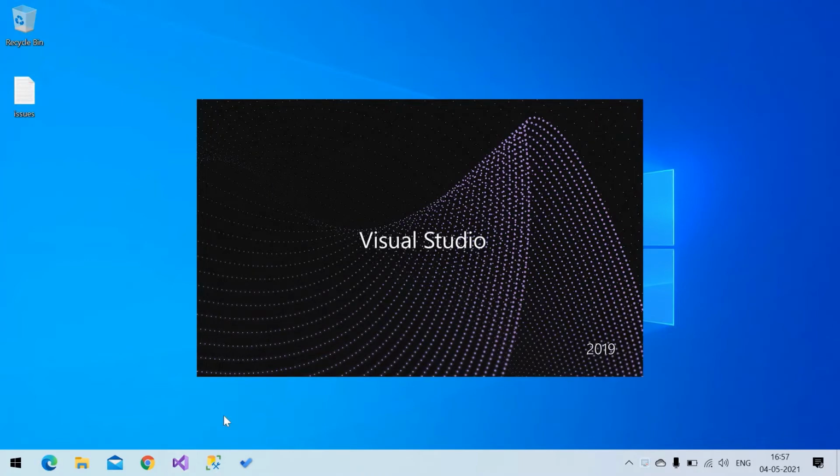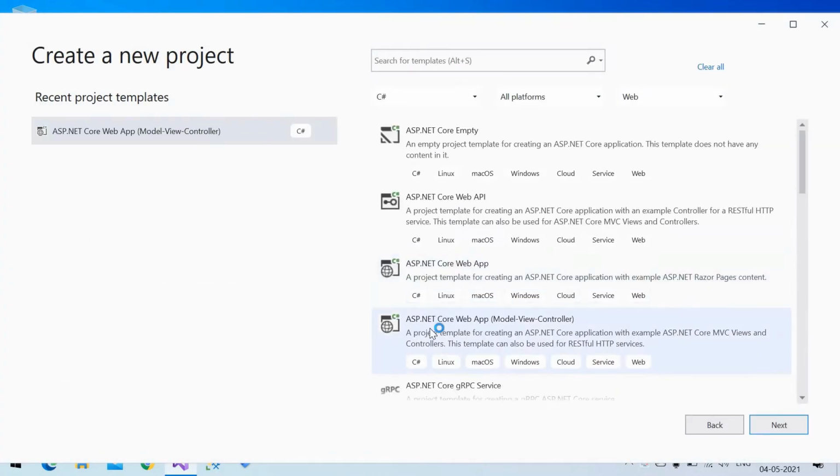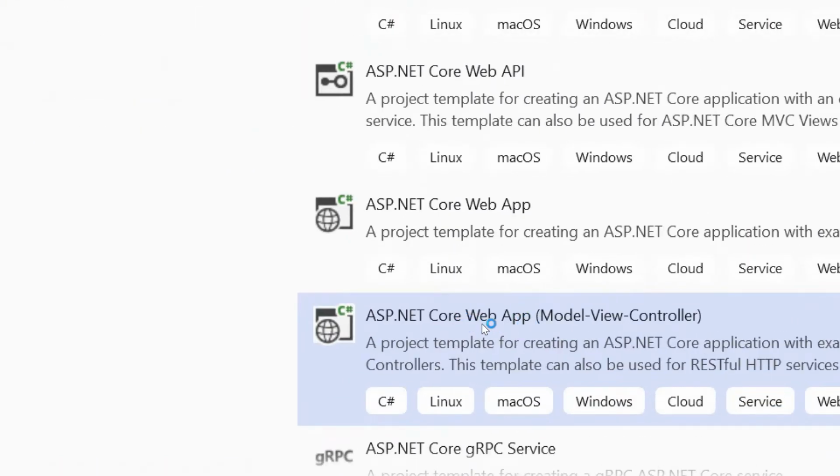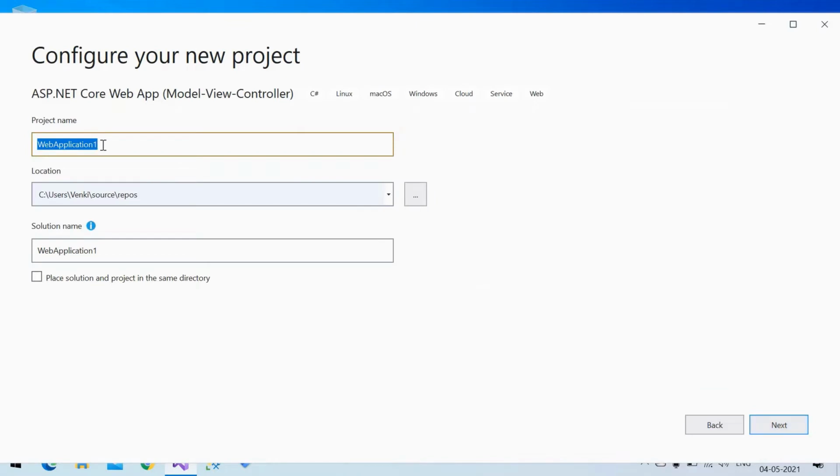So I'm opening Visual Studio and creating a new project, and I'm selecting the ASP.NET Core web app, MVC type, and clicking next. It asks for a project name, so give it a meaningful name. I have named it Image Gallery.